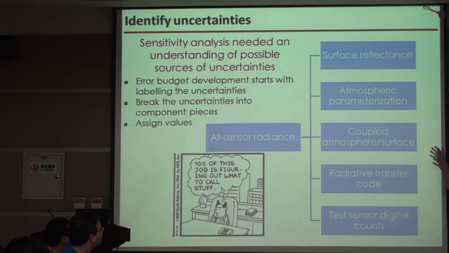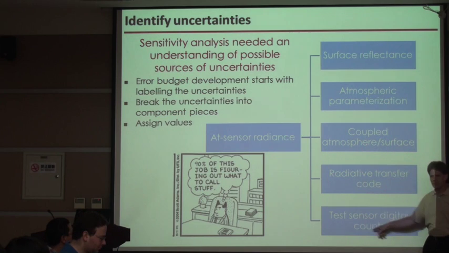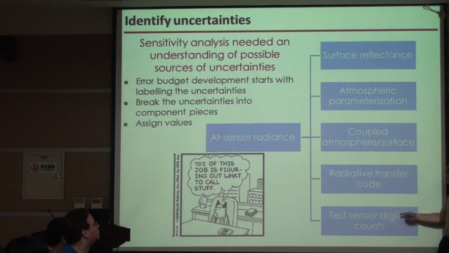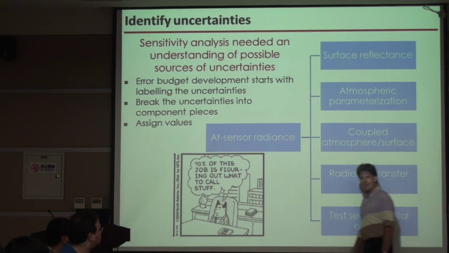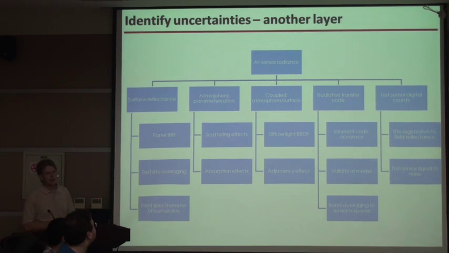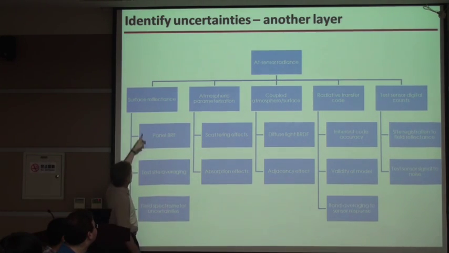Then the question becomes, can you actually just sit down and say, well, the uncertainty because of this particular, let's say, test sensor digital counts, is 3%? And how would you prove that? Well, then somebody would go, well, what causes it? What causes this uncertainty? And your next step is then to go into another layer and start breaking the surface